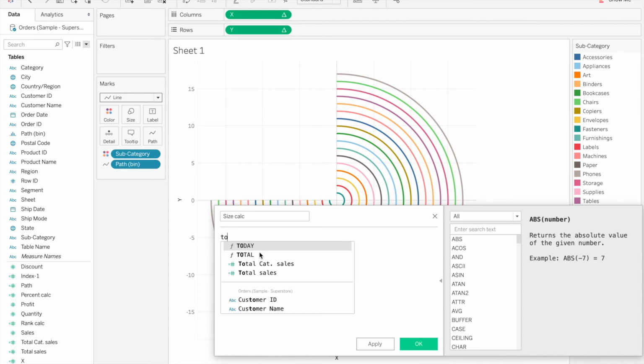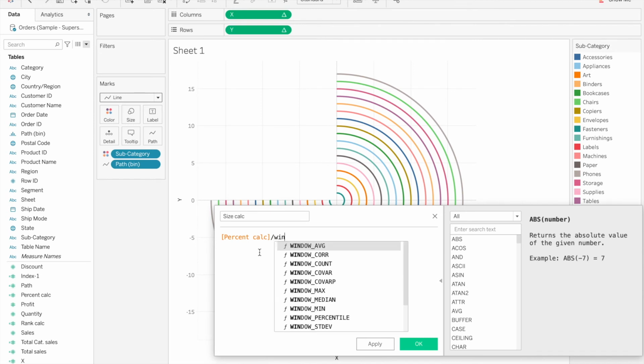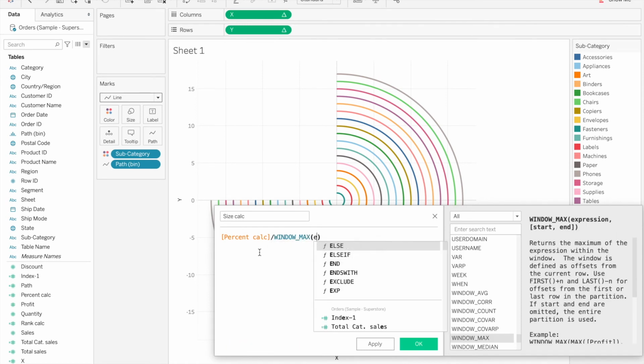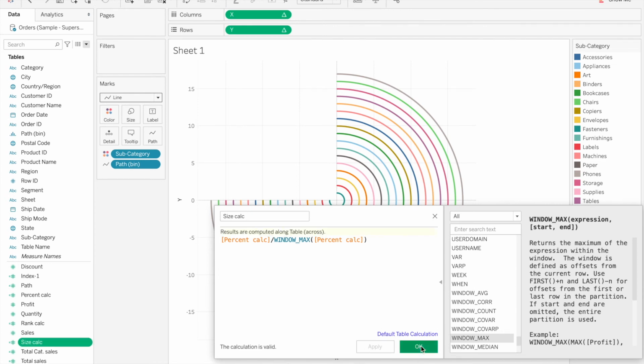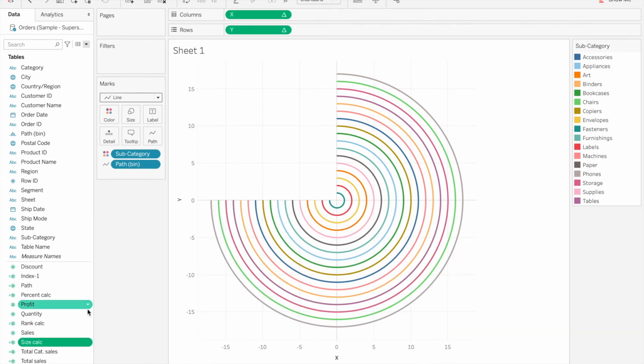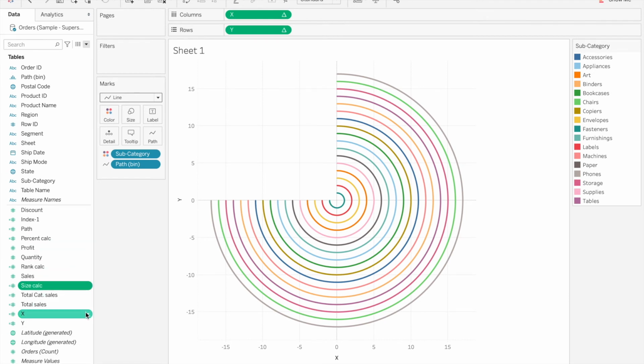For that, percent calc by window maximum of percent calc. Let's see if the calculation is valid. Apply. Okay.